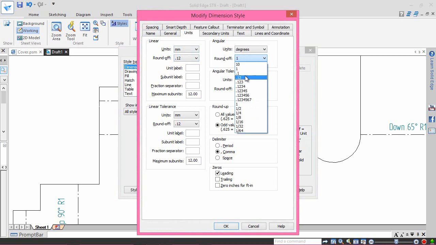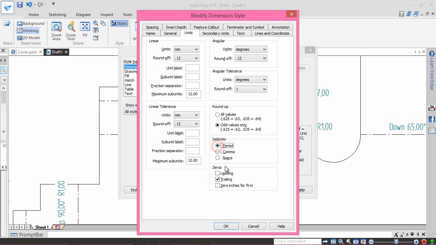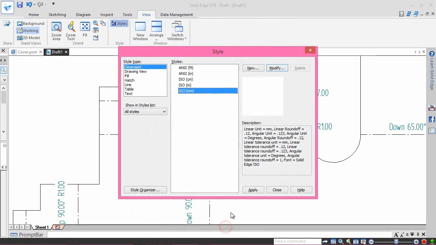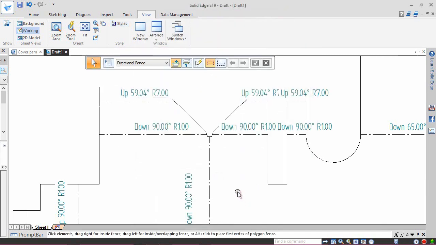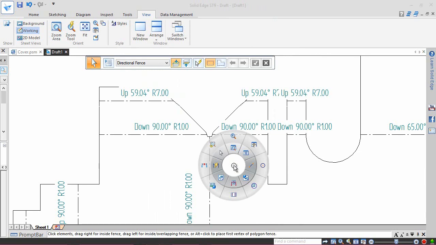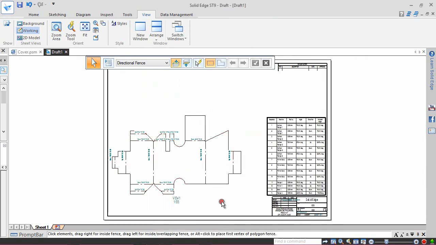So modify the settings in the following way. And save all the settings by clicking the Apply button. Here we can see the result. All these details are mentioned in our bend table too.